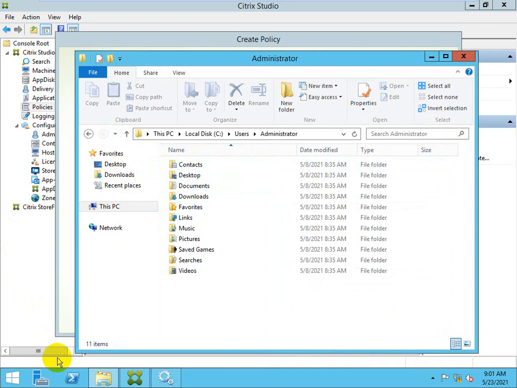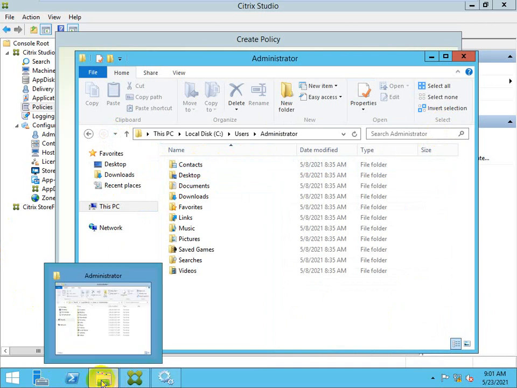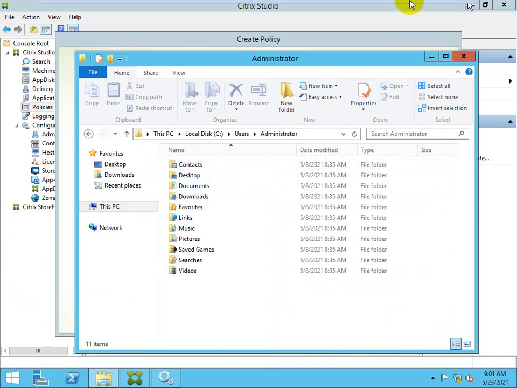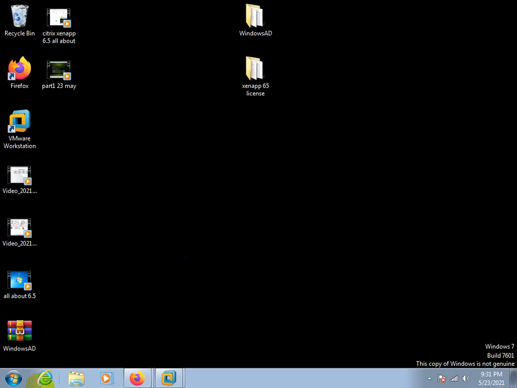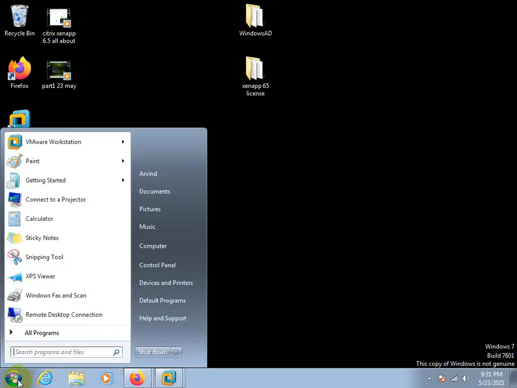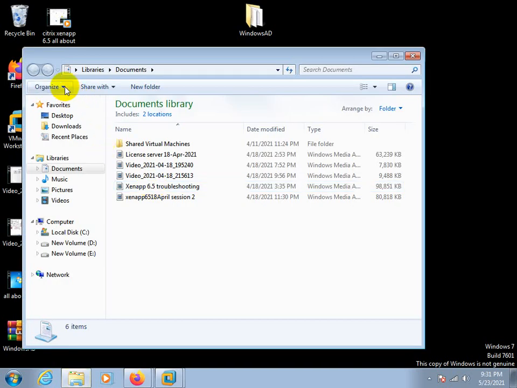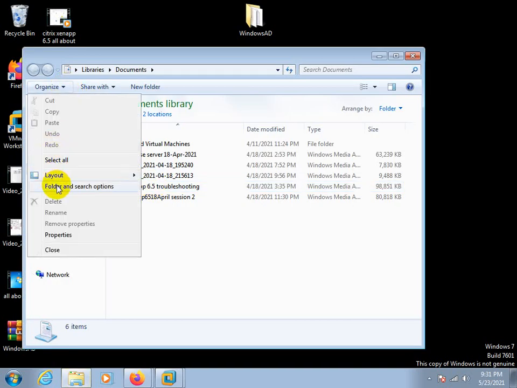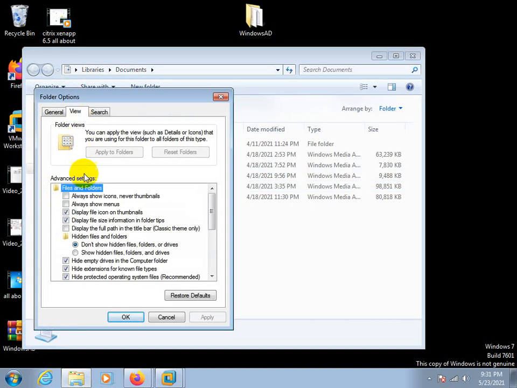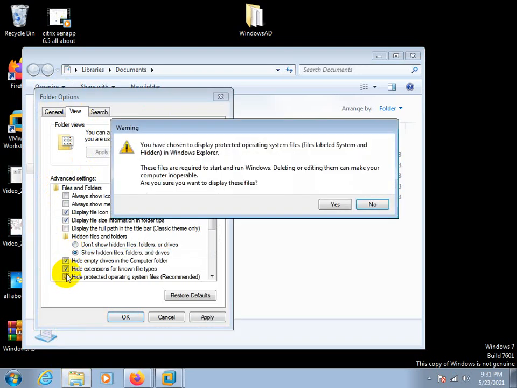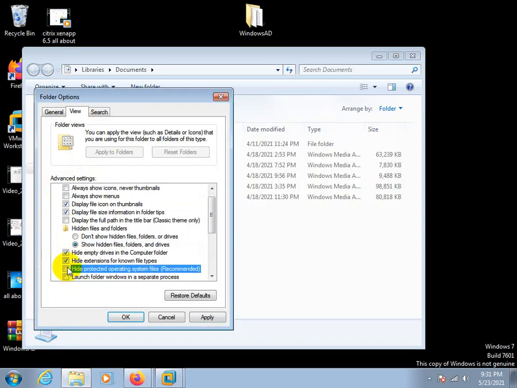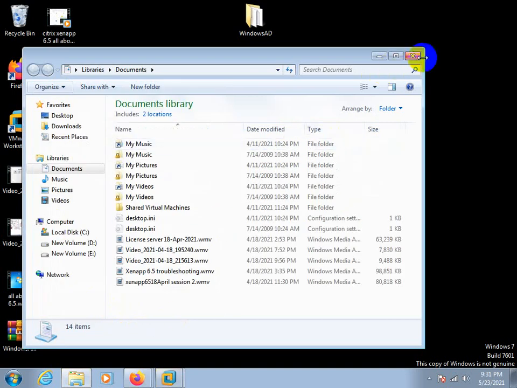Folder search option, view, show hidden files, and now open.